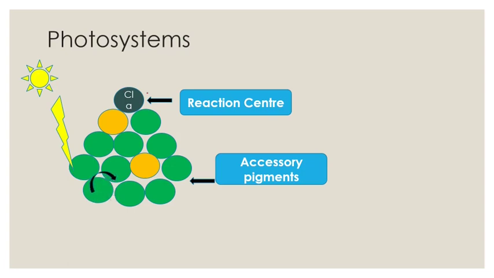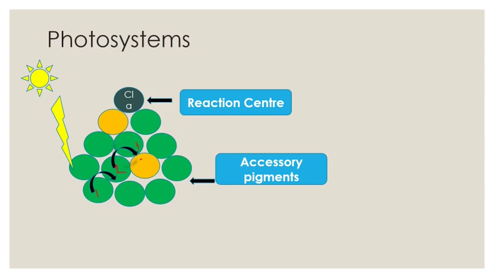Because of the photons, the pigments get excited. Maybe your chlorophyll A is getting excited or chlorophyll B is getting excited. When it gets excited, it gives its electron to the next pigment. Now, because it is receiving the electron from this pigment, suppose this is pigment number 2, now it gets excited, it loses its electron and it passes the electron to the next pigment.